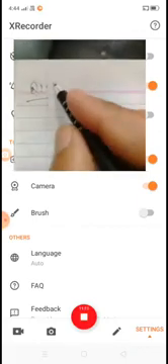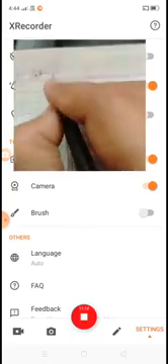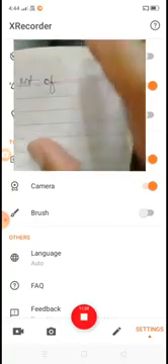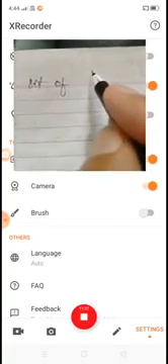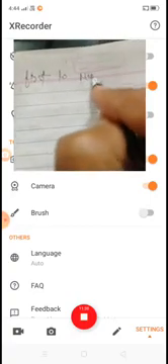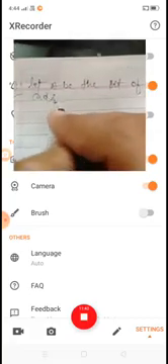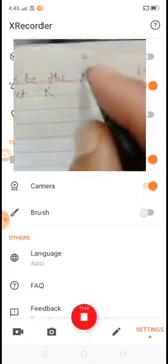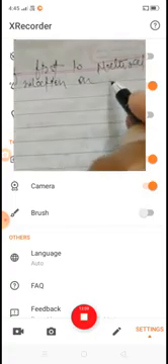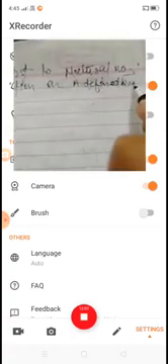Suppose we take a question. Let A be the set of first 10 natural numbers, and let R be a relation on A defined by